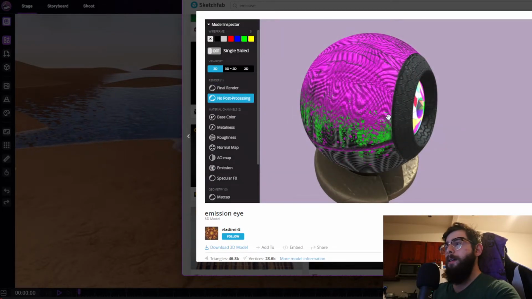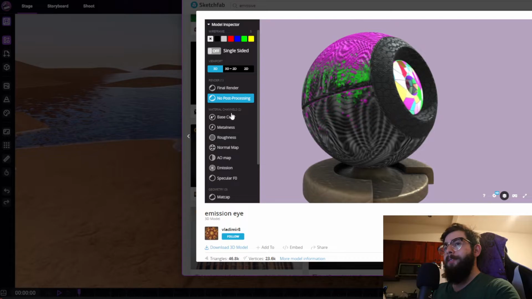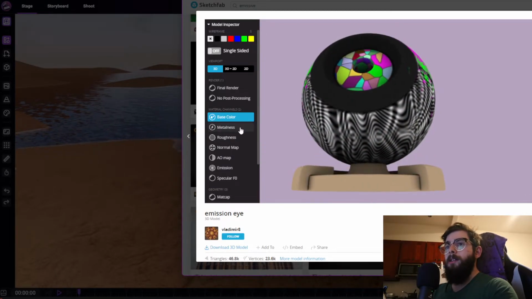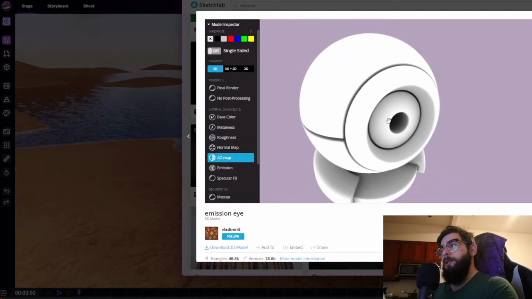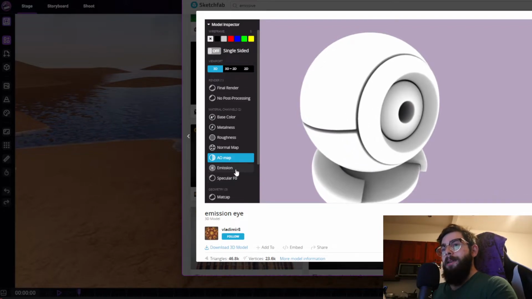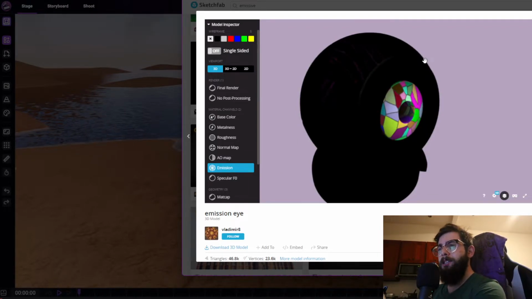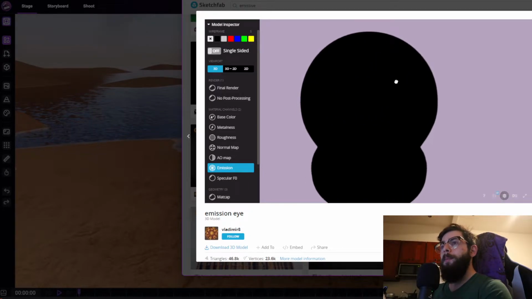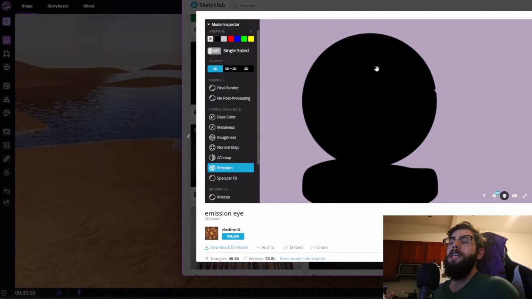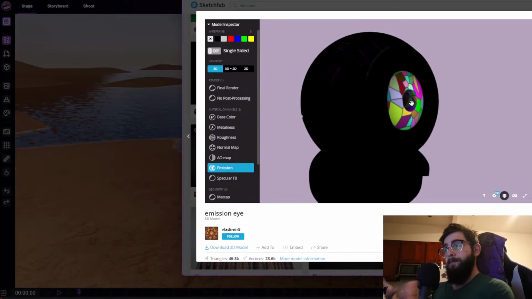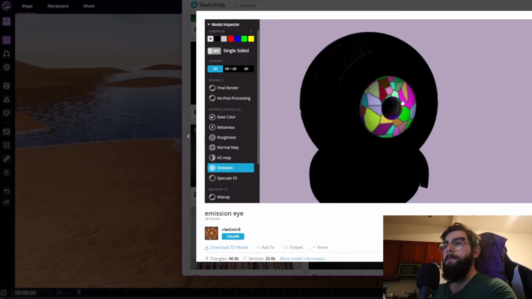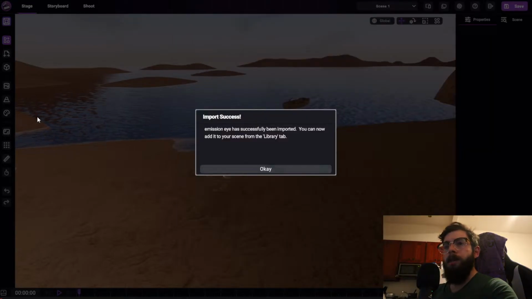Now when I have the model inspector open, you can see the different maps and material channels part of this model. So we have the base color, which is just the main colors, the metalness, roughness, the normal map, ambient occlusion, which I'll be adding in the future, and then most fun for this example is emission, which is essentially a mask, as you can see, about what parts should be emitting light, or at least giving the illusion of emitting light. So without any light sources, this area right here should basically ignore lighting from the scene and still be self-lit and illuminated. So jumping back into SceneForge, I'm going to import the model to the scene